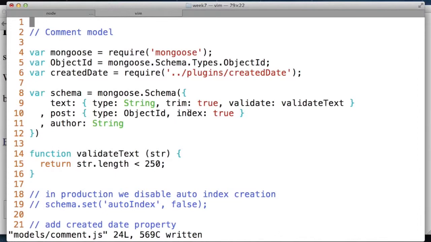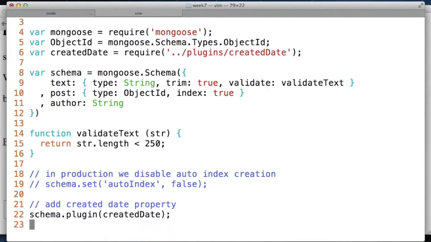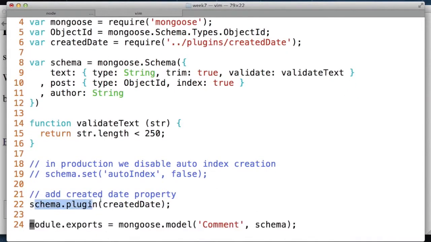So you can disable that for production here on line 19. You can set the schema option autoIndex to false, and it will not create the indexes for you automatically. The last thing is just storing the author so we know what to display later. We know who wrote the comment, and so we can give them a hard time later when we don't like what they said. And here on line 22 we're using that created date plugin, and that's about all there is to our